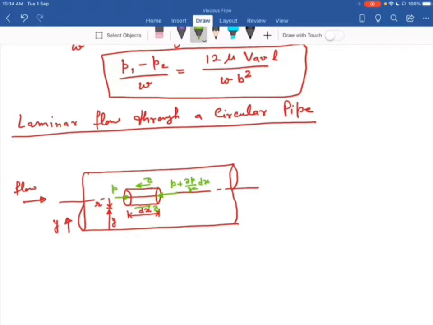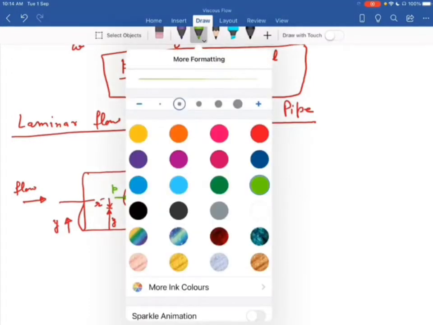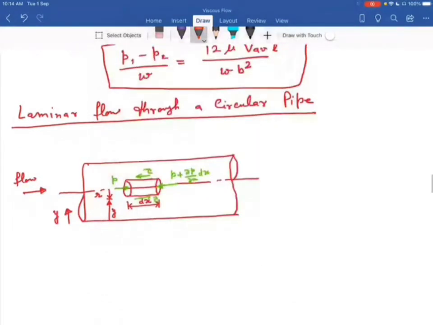Now I write first the pressure force acting on this element. So we find it along the direction of flow. I can write it as P into area. Now the radius is r, so area I can write as pi r squared. This force in this direction is opposite to flow, so minus P plus ∂P/∂x dx into the area pi r squared.